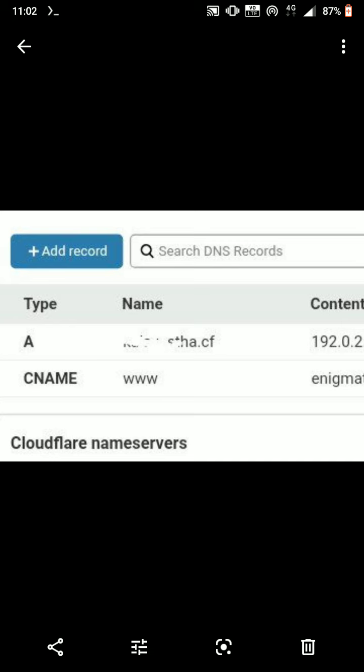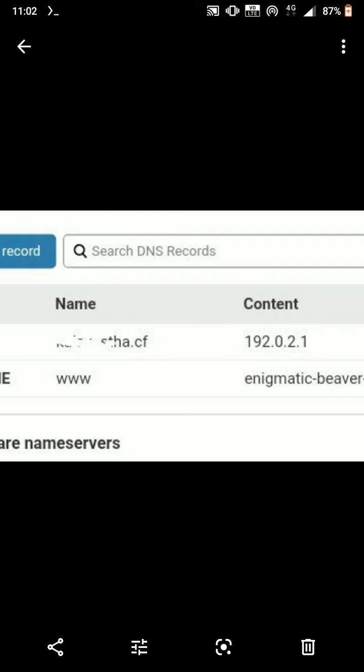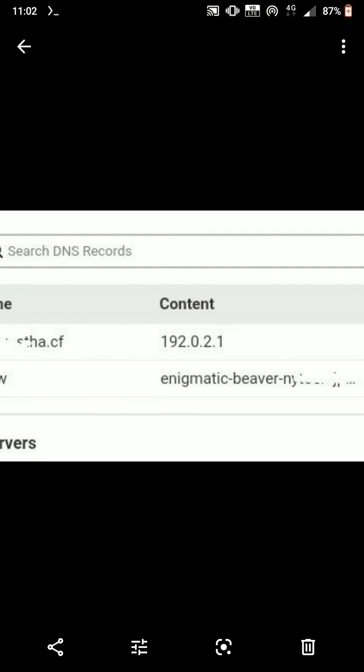You can also put an @ for that root domain. Then you can type in any IP address. In this case, I have typed in a private IP address, 192.0.2.1,